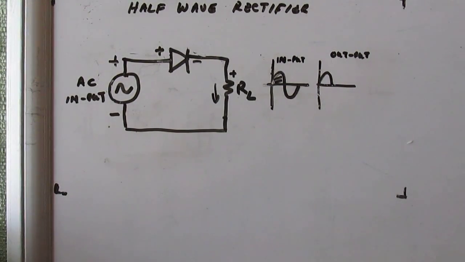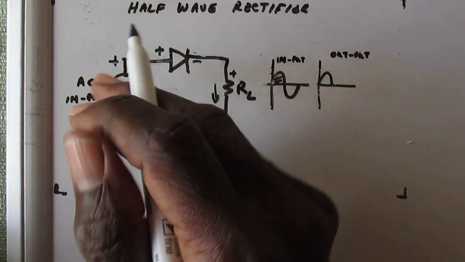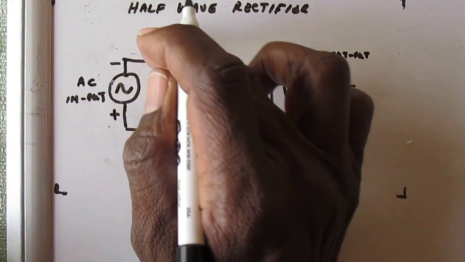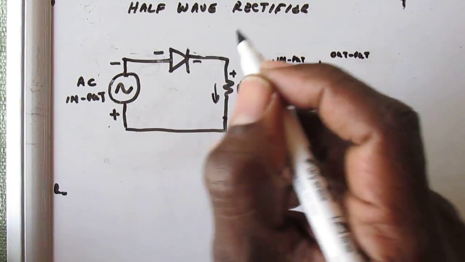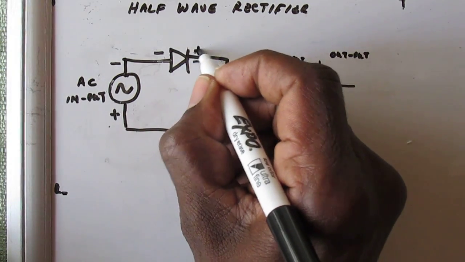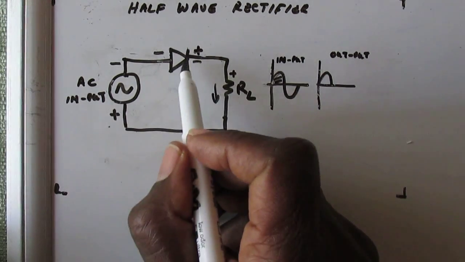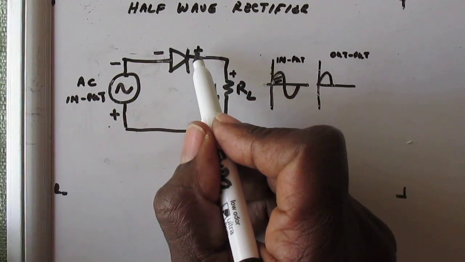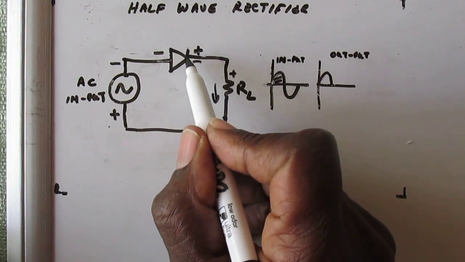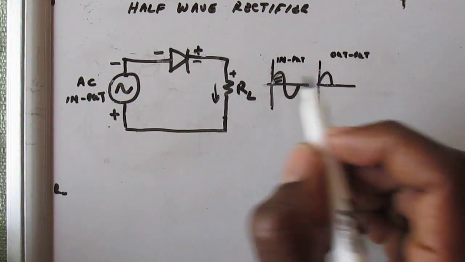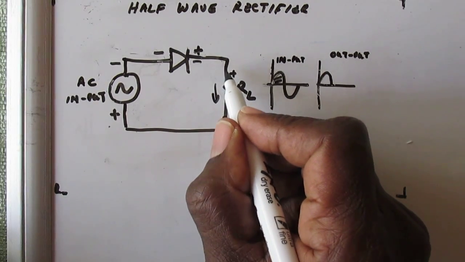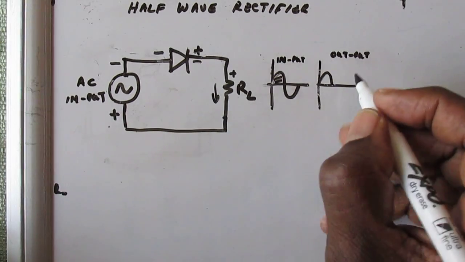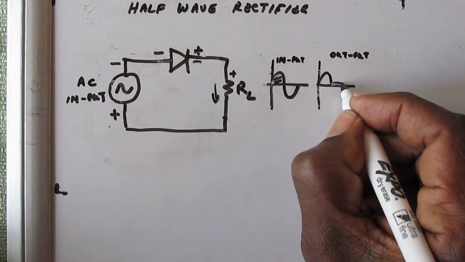Now, during the negative half cycle, this side of the supply will be negative and this side will be positive, therefore here will be negative, and here would be positive. Under this condition of the negative half cycle, the diode is reverse biased, so no electricity flows. Since there is no current flow through the load, there is no voltage developed across the load, so the output will simply be a flat signal